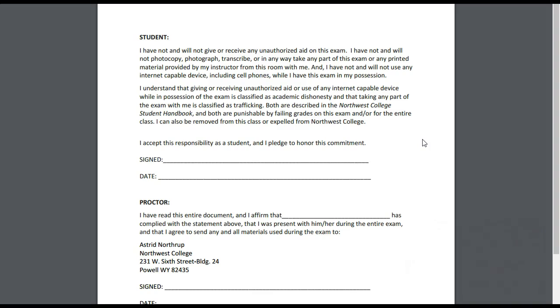You can use a standard calculator. Any calculator that is allowed on the FE exam is allowed in this class. If you have any question about it, you can ask me, but basically anything that has internet capabilities is not okay. So as it says also, you cannot give or receive unauthorized aid,